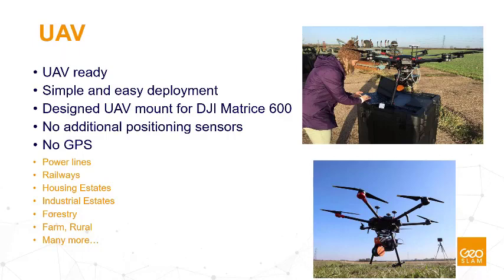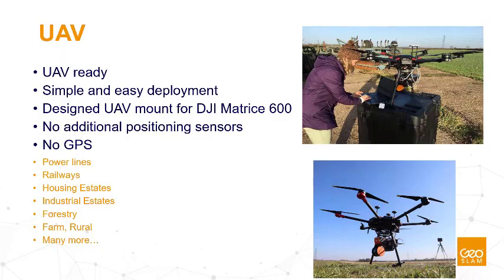A couple words more about the UAV. So as I mentioned already, the ZEP Horizon is ready for UAV. That's how it was designed from the very beginning. The idea is when you take the Horizon in the air, you don't have to carry any other positioning devices like any expensive inertial measurement units. You just carry one single device, and it does all mapping of the area under you.